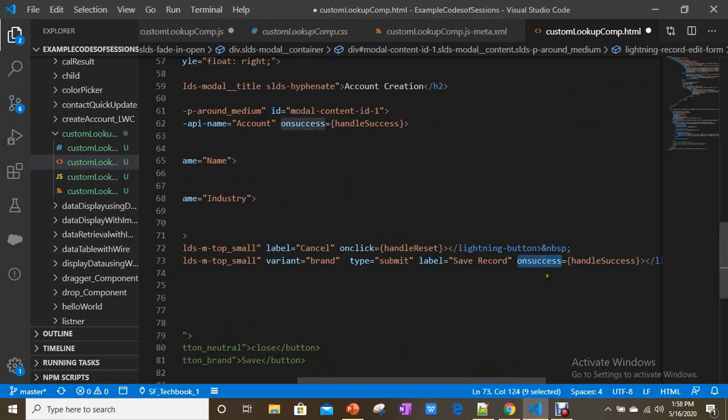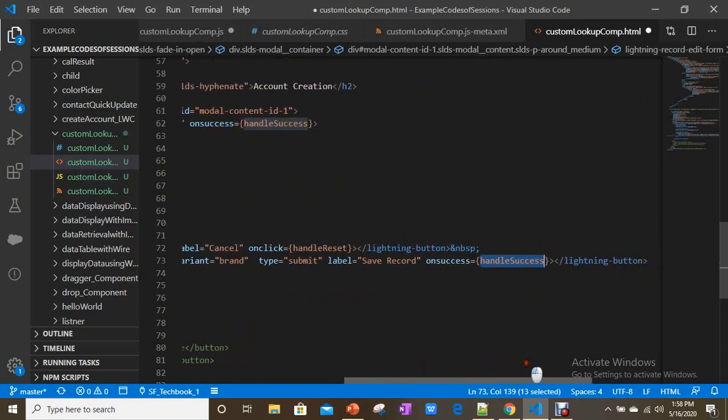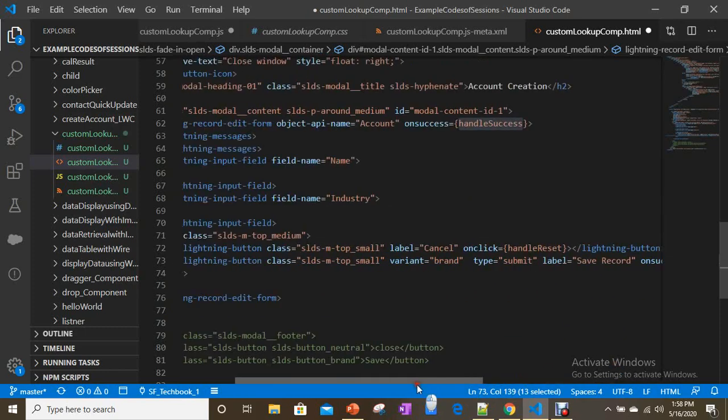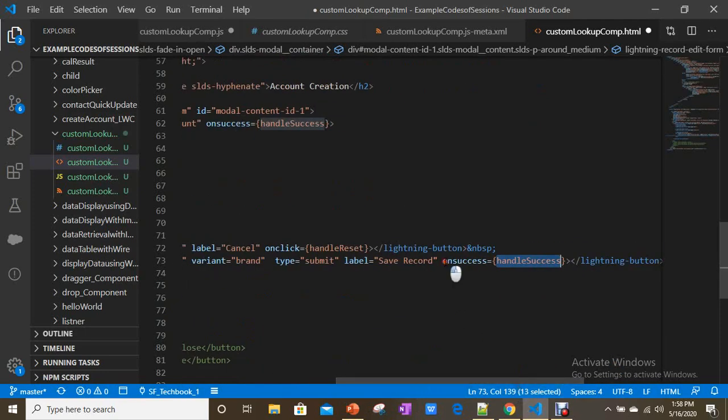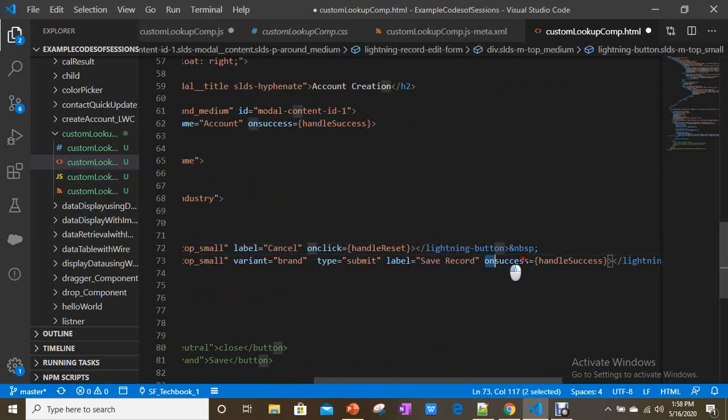So when it is success, then if you want to do something, you can invoke any method and you can have a result. Okay, now let me remove this.